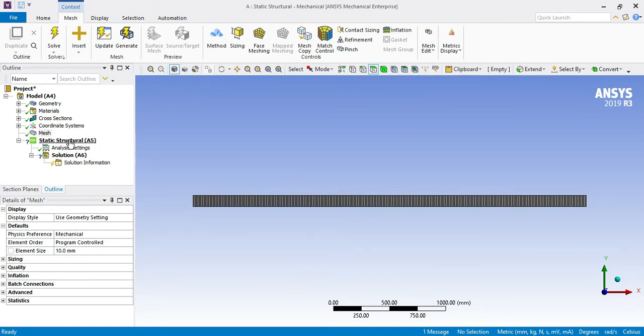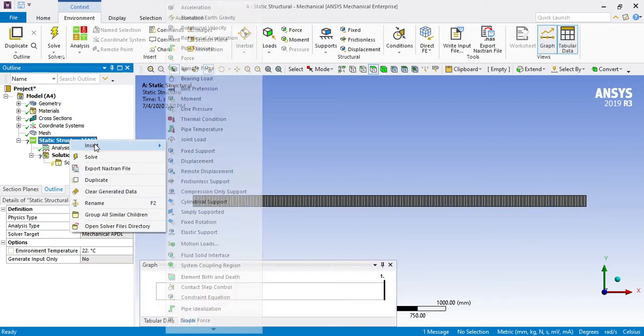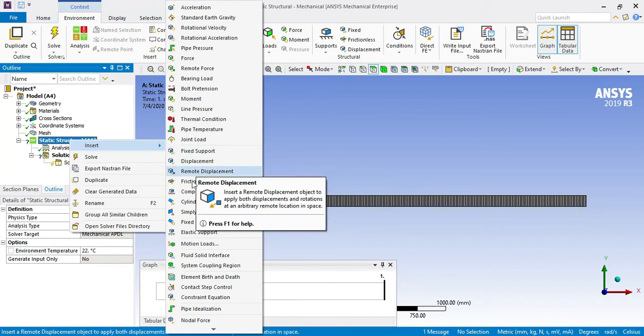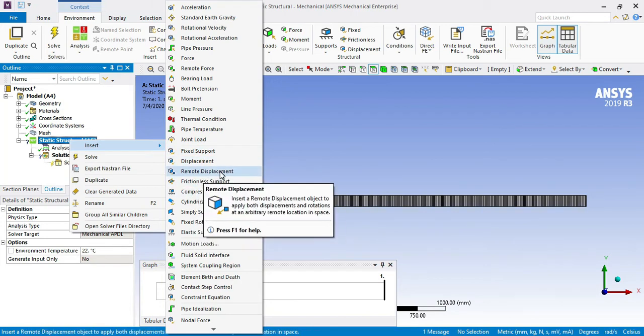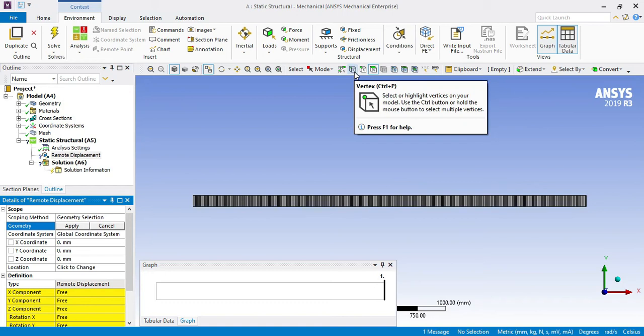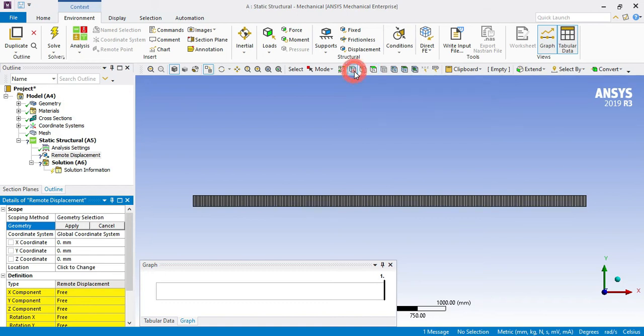Now right click on static structural, insert, and select remote displacement. And select on this vertex.